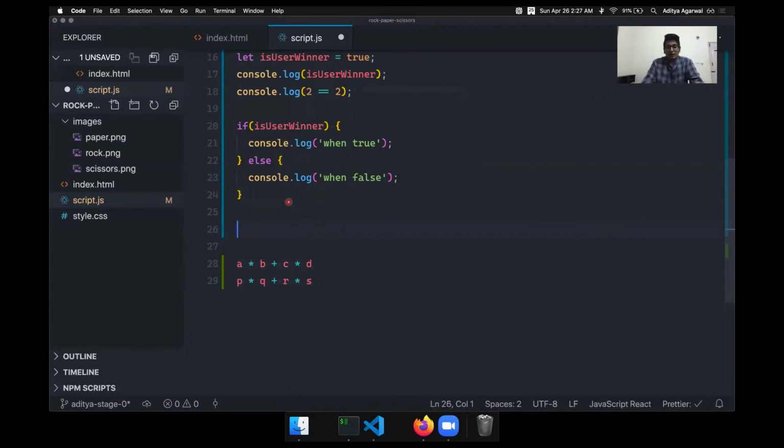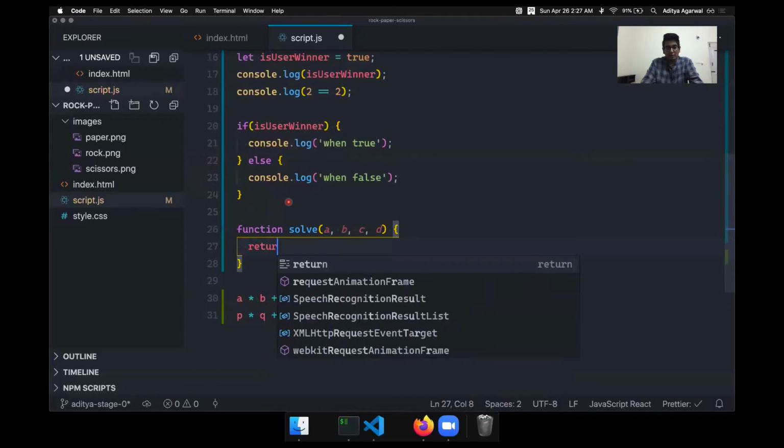So what you can do is actually make a function, and you can say function solve with A, B, C, D, and this function will return this code.